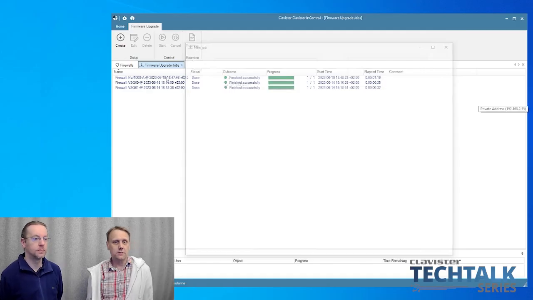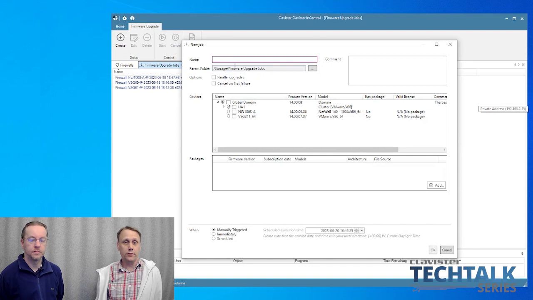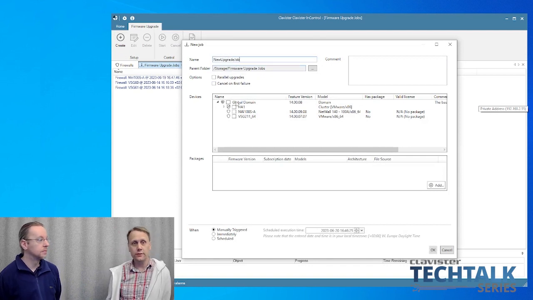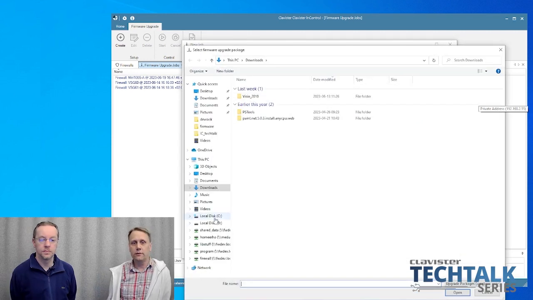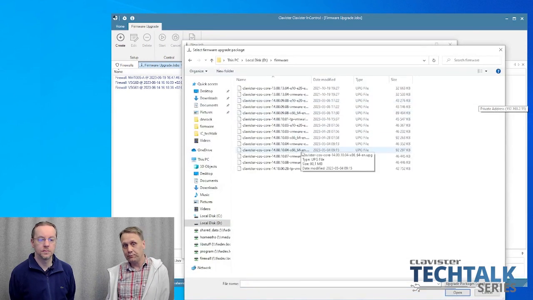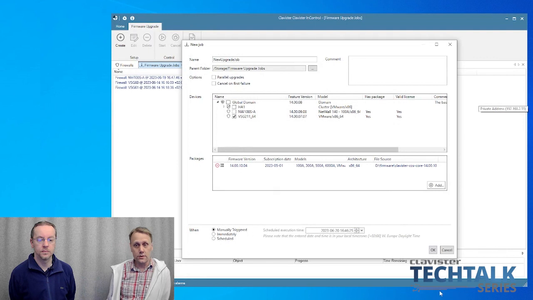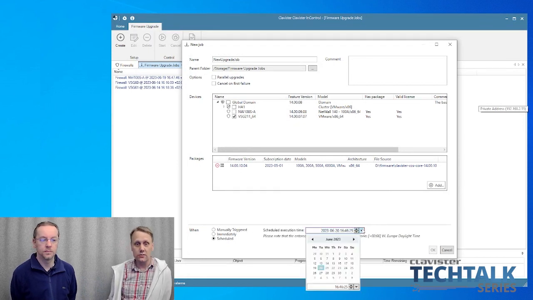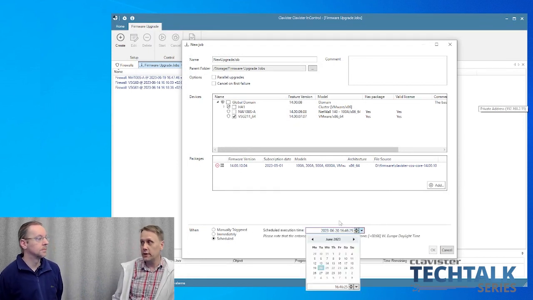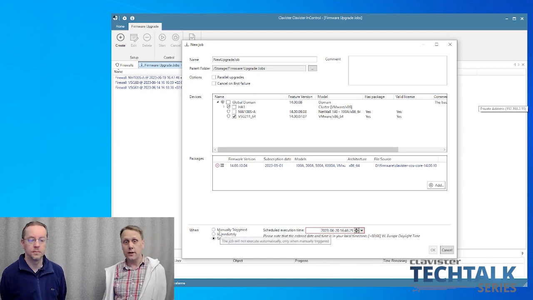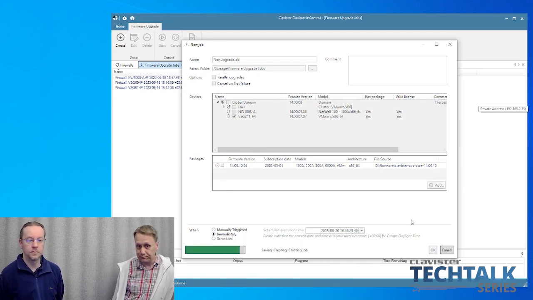Yeah, let's talk a little bit about the firmware upgrade tool, which is a new feature that we recently introduced. With this tool, you can upgrade several firewalls in one go. You can also set the schedule to trigger the upgrade at a later point in time, for instance, at a service window.